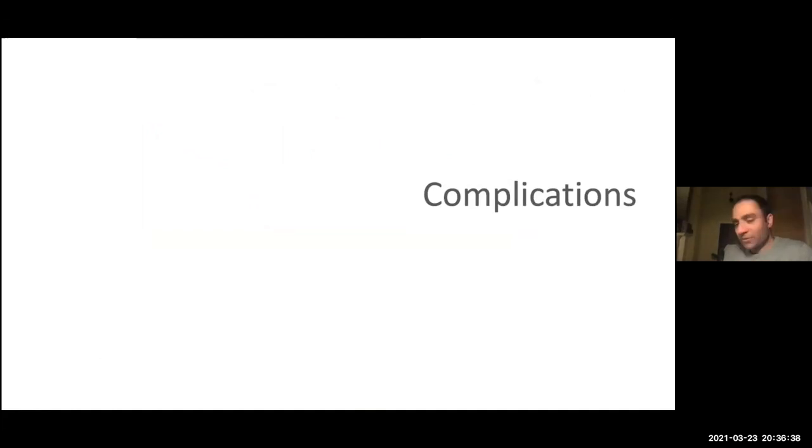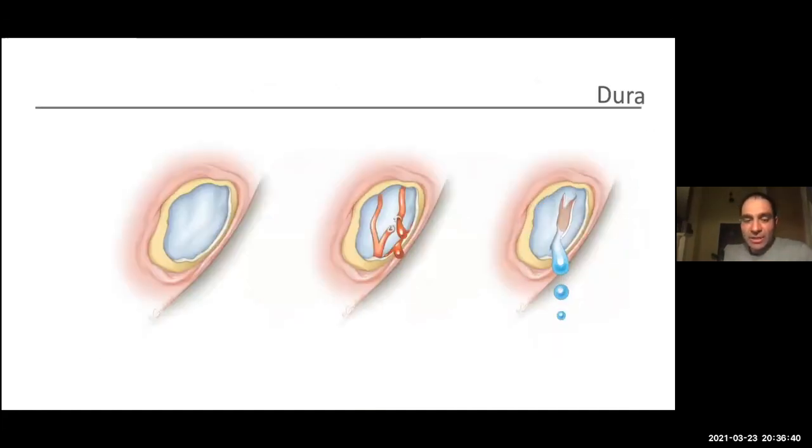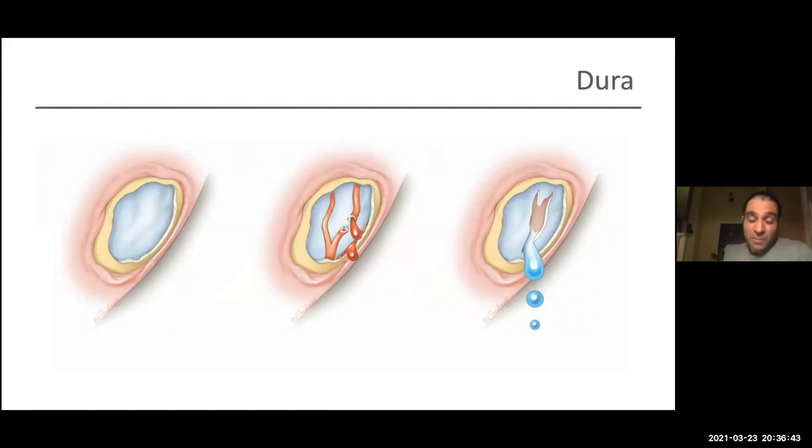So just to talk briefly about complications of mastoidectomy, what might happen, you might expose some dura. If you expose a little bit of dura, it's not actually a problem. If it's a small area, you can just leave it. You may get some bleeding that can usually be stopped by pressure, occasionally a bit of light bipolar diathermy I've used, and that's fine. If you get a CSF leak, you'll need to repair that, and you may be able to repair that just by putting fascia over it and reducing the pressure,